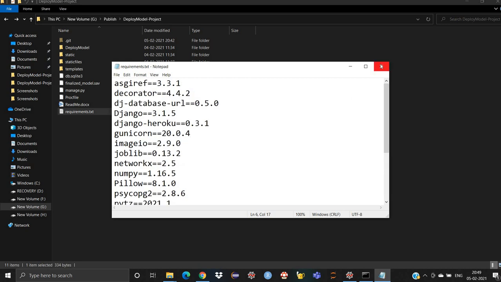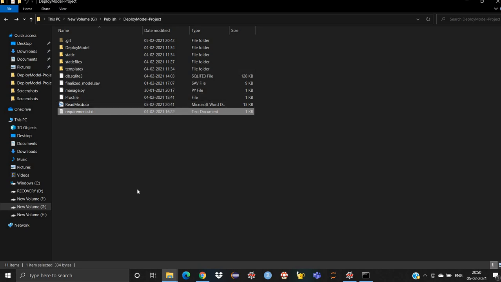You can check it by using pip freeze, which shows what all libraries you are using inside your code. You have to write them inside requirements.txt. To create it, you write pip freeze greater-than symbol and then requirements.txt. It automatically pastes all the requirements into requirements.txt.